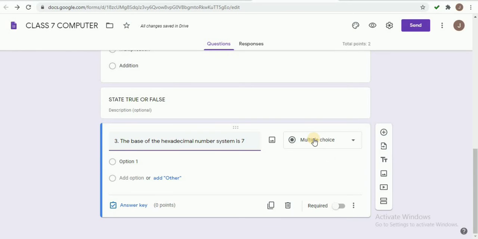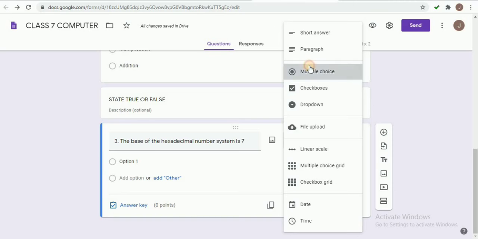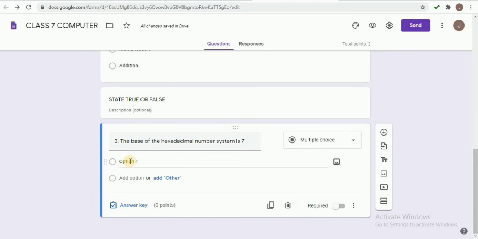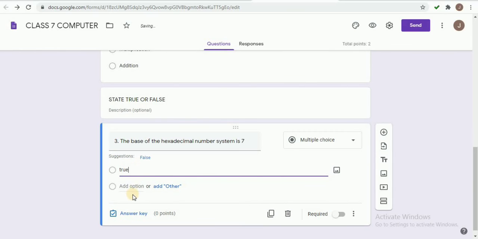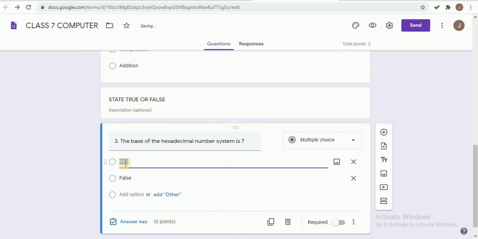Here again I have to select the multiple choice option, and I am adding the first option as true. The second option is already suggested, so you can select false directly, otherwise you can type false there.